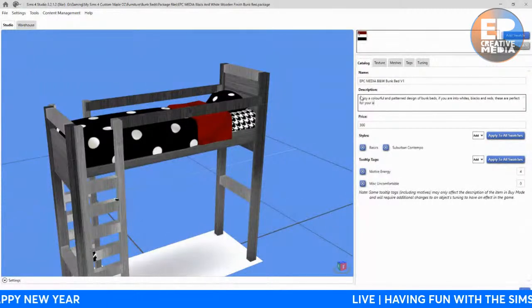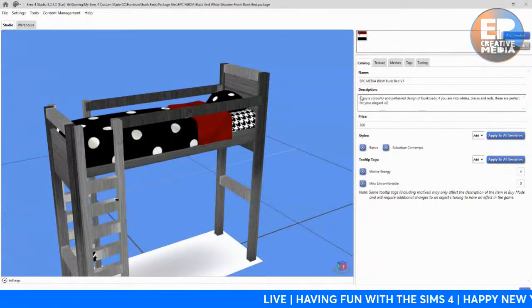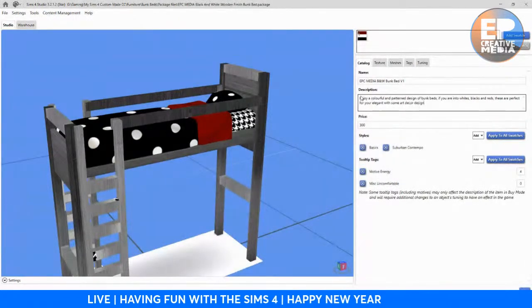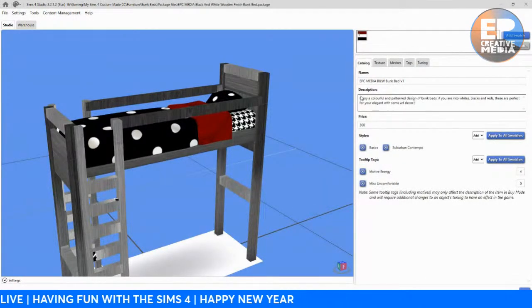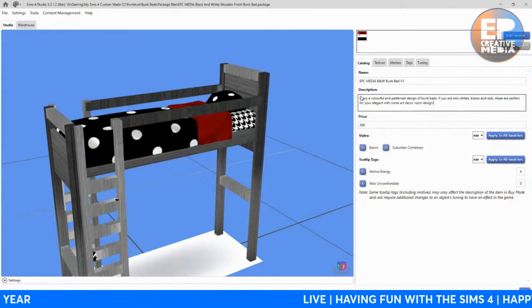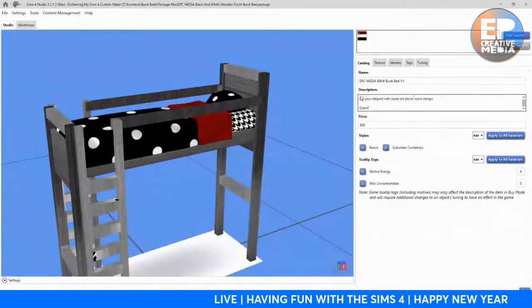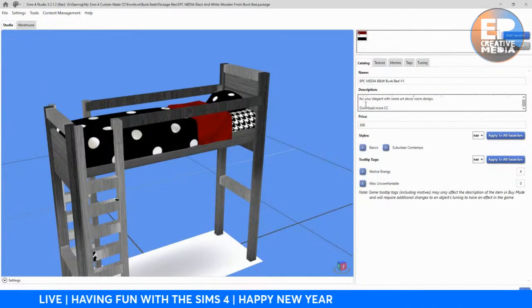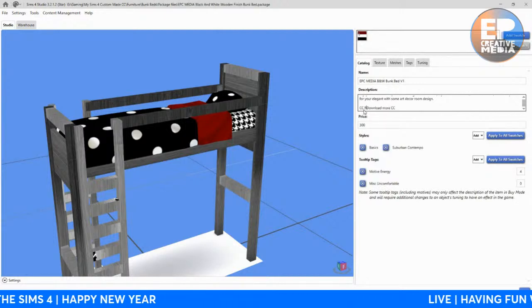For your elegant room with some art deco design. Room design, I suppose. There. Here we go. I'm going to write here: "Download more CC". I normally write CC color